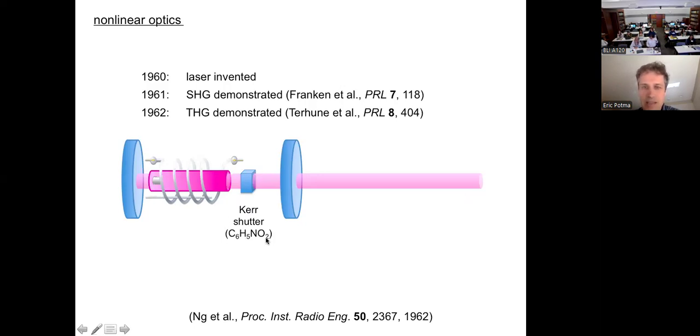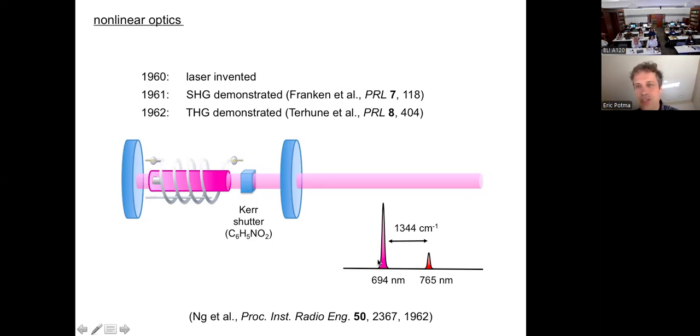molecule in here, nitrobenzene, and the laser had a wavelength of 694 nanometers. But it turns out as soon as you put a Kerr shutter in there with the nitrobenzene, then a small little peak comes out as well. That peak was shifted by a total of this energy, which is indicated in reciprocal centimeters, 1344, and that turns out to be the Raman line of nitrobenzene. So this was the first demonstration of a technique called stimulated Raman scattering,